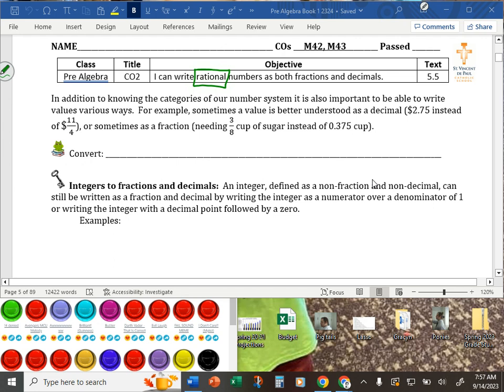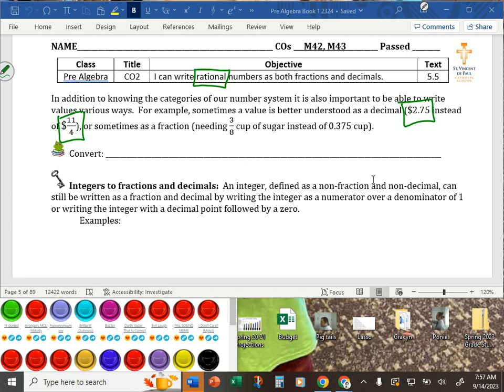There are certain times when decimals are just more appropriate than fractions. For example, if you see a price that's $2.75, you're not going to see that as 11/4 dollars. They're the same thing. Okay? Sometimes things are more appropriately written as fractions than decimals. Those that bake, if you've seen a recipe needing 3/8 a cup of sugar, typically it's going to be as a fraction and not as a decimal, right? So being able to convert between one or the other is an important skill, and that's what we're practicing today,